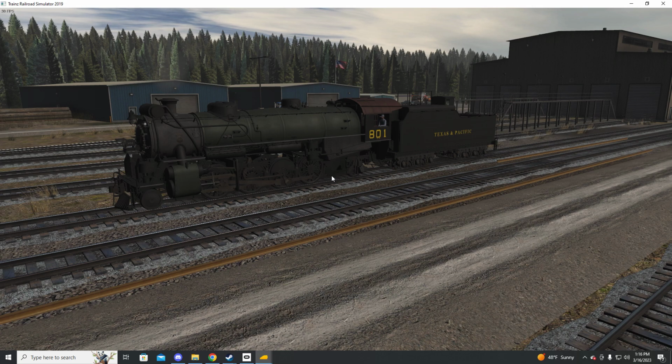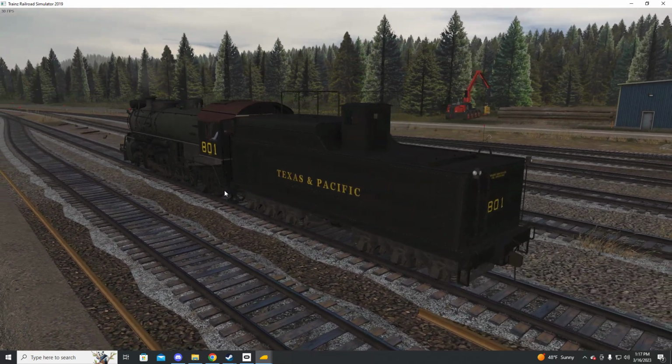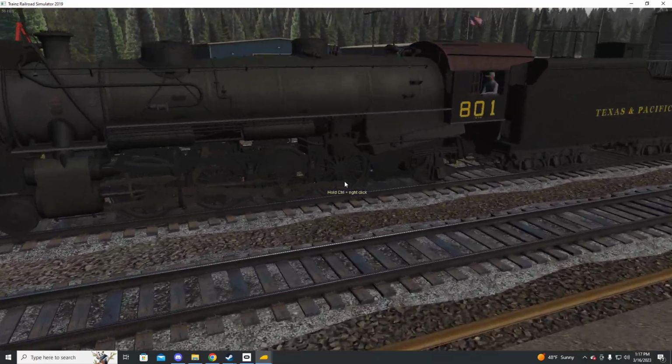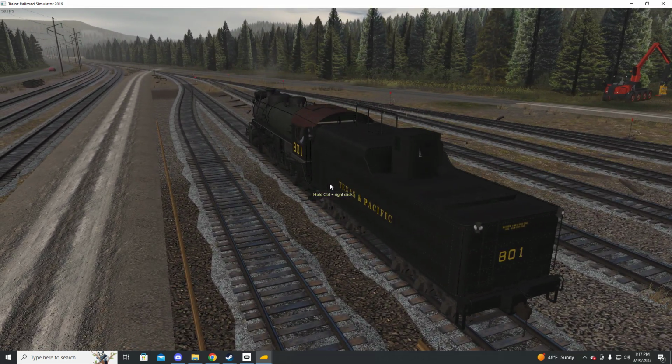And underneath all this is a USRA light Mikado. But there are some pretty noticeable differences. Starting with, we have an Elesco feedwater heater up front. That's probably one of the most noticeable things right off the bat, as well as our pumps being up on the front with windshields up on them. And then, of course, we got our oil bunker back here and a doghouse on the tender, the cap on the stack, hooded headlight, overhanging bell. So yeah, this was the version of the 282 that the TNP opted to keep, and